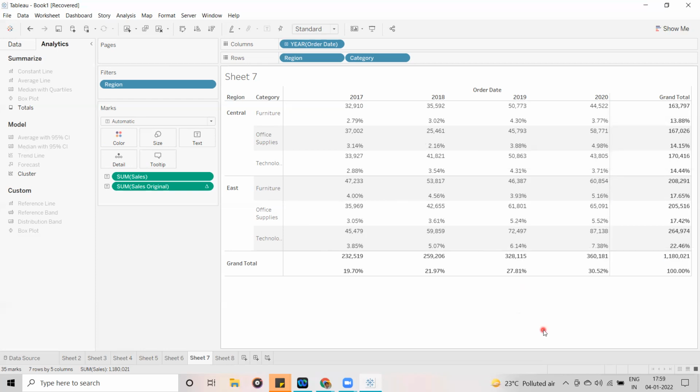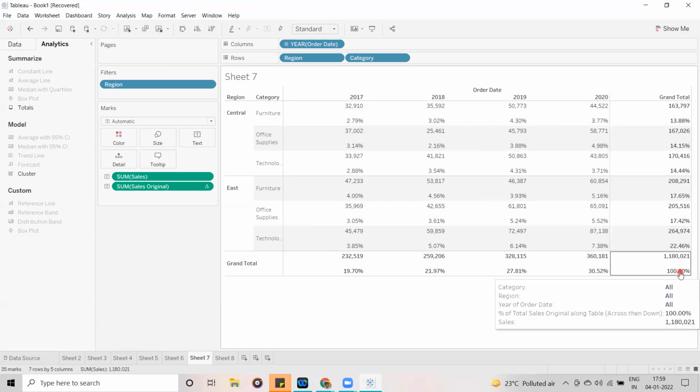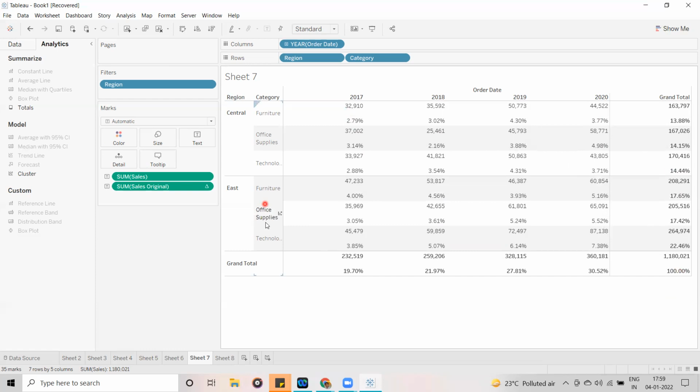If we sum up all these percentages, you are going to get 100%. So now the percentage is calculated based on the entire data.